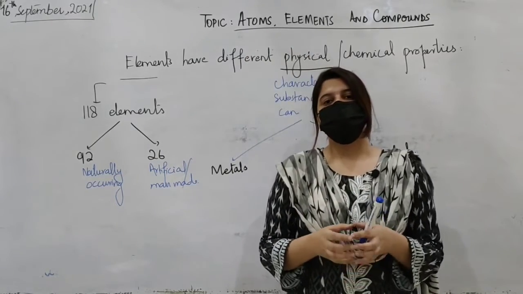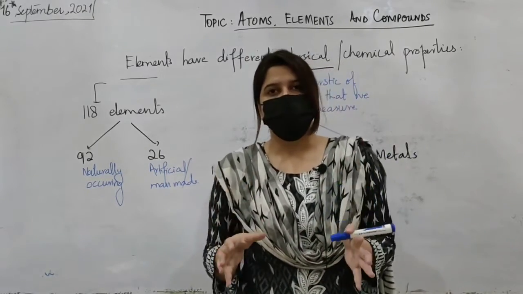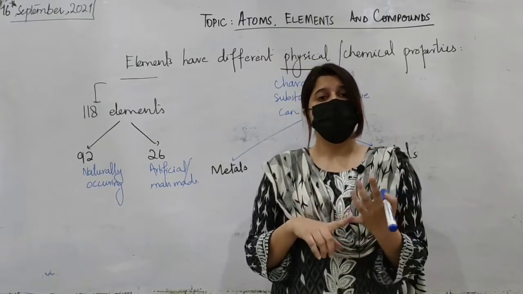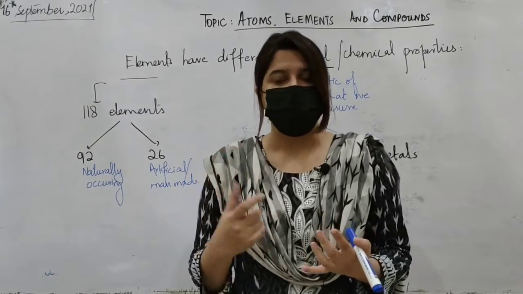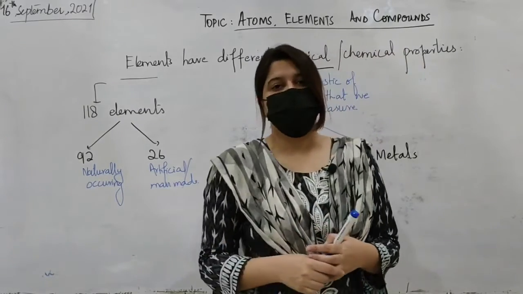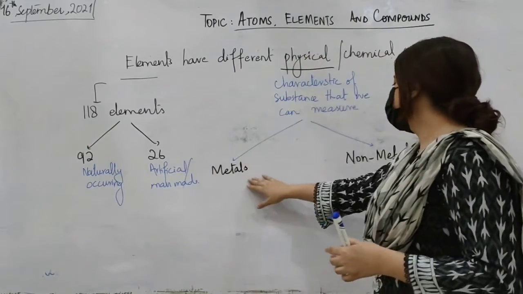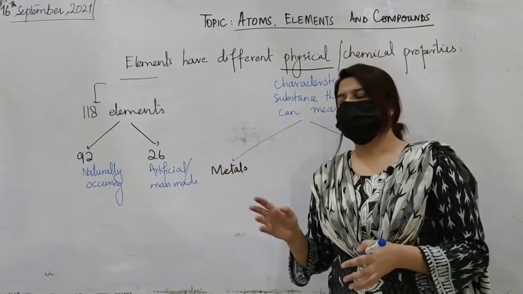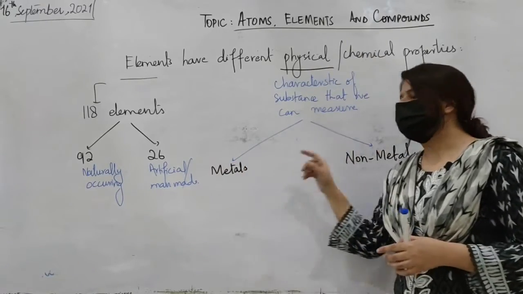Physical properties are basically those which we can measure, which we can sense, like we can sense the color change of the elements, we can sense their odor, their smell, we can measure their boiling point, their ductility and their malleability. So on the basis of physical and chemical properties, your book has divided these 118 elements into metals and